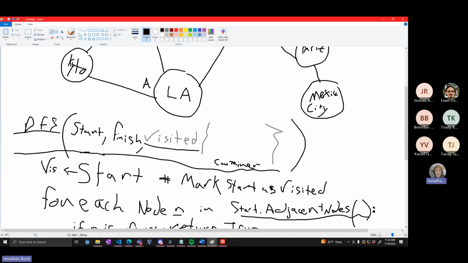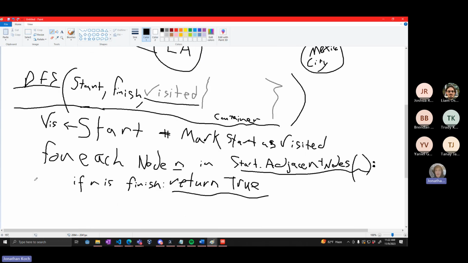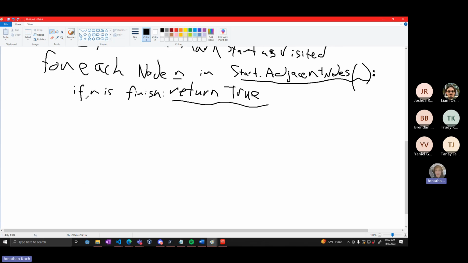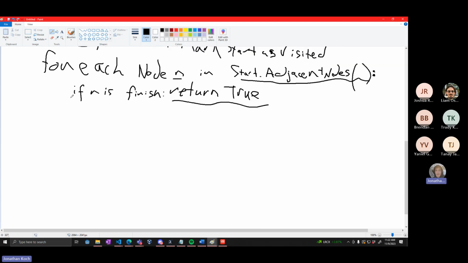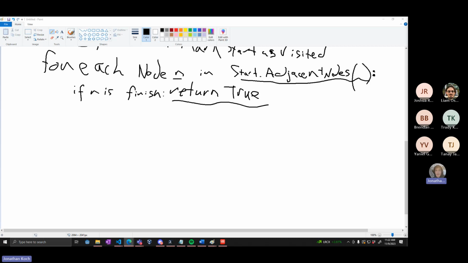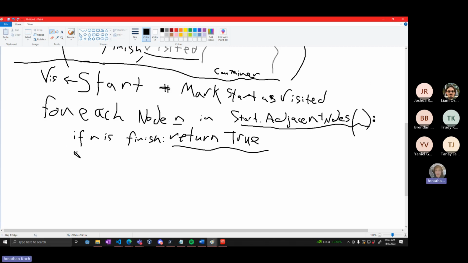Anyways, this setup is really just: is there a path between start and finish? Because we're not keeping track of anything else. If we were going to do anything else, we'd have to keep track of more information. This isn't enough to do what we're talking about. But anyways, if we find the node n is equal to finish, then we're going to return true, because that's the base case. Other than that, we're going to recursively call all of the other nodes in n. So if we haven't returned true,